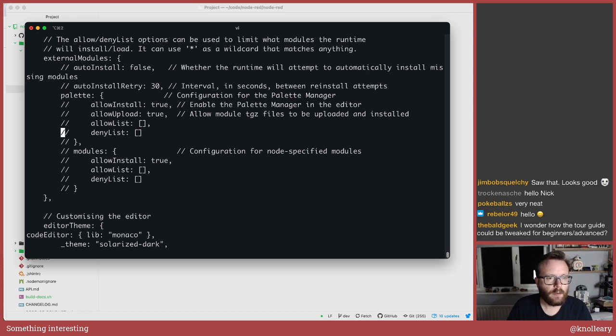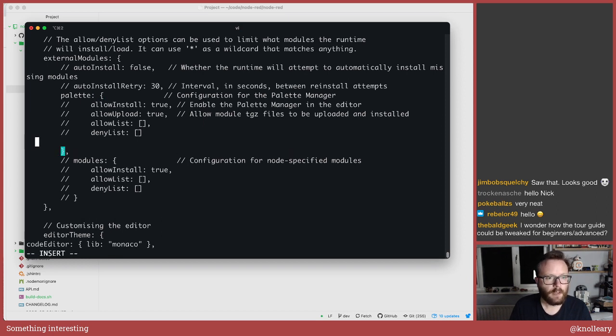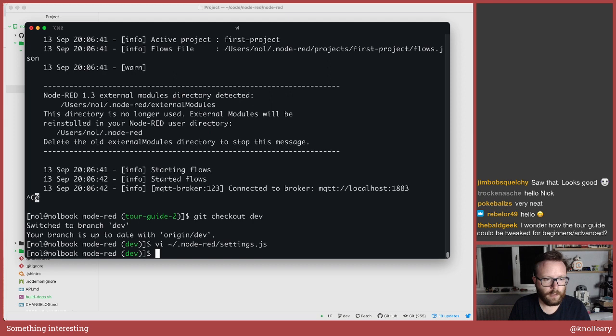We're going to comment palette back in, and we're going to start by allowUpgrade false. Yeah, let's start there. So I'm going to set allowUpgrade to false. Now, because it's a brand new setting,